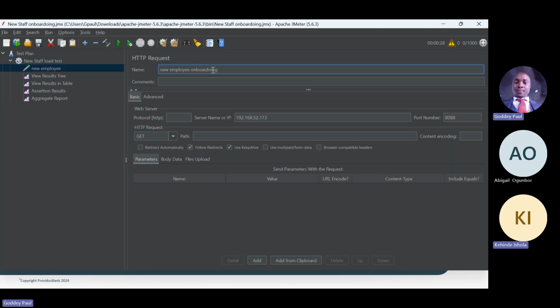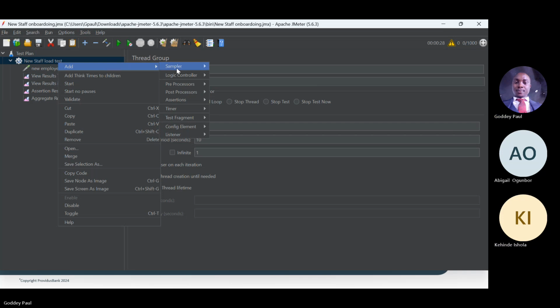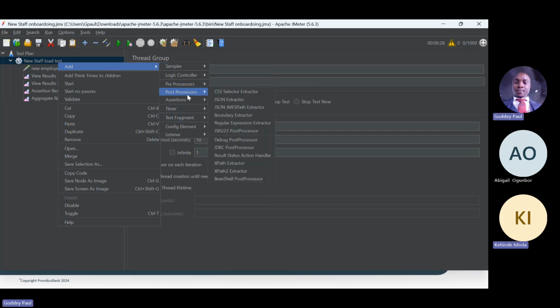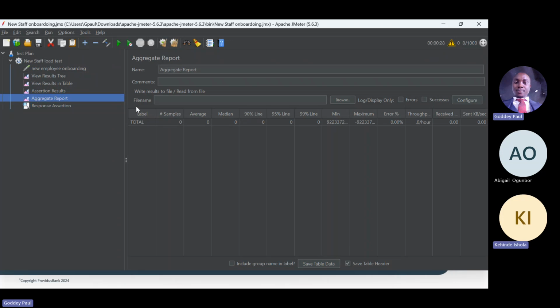Okay, so let me just continue. I wanted to add an assertion to this thread group. So I will add a response assertion. This is very basic, right? What we're trying to do now is just check, focus on, hey, there's something I wanted to do here. Now, this aggregate report